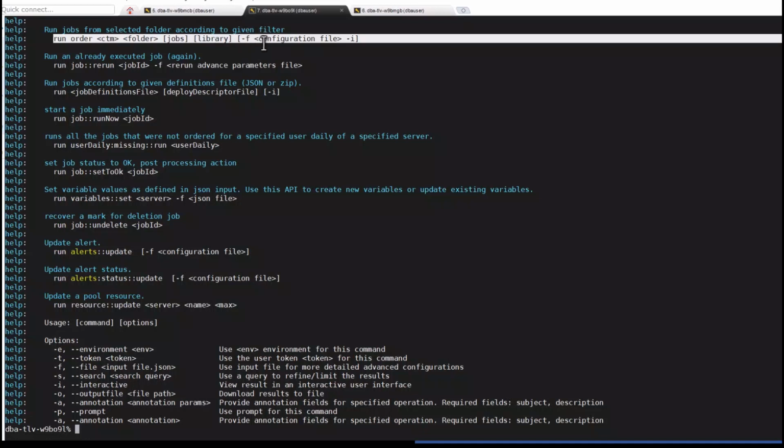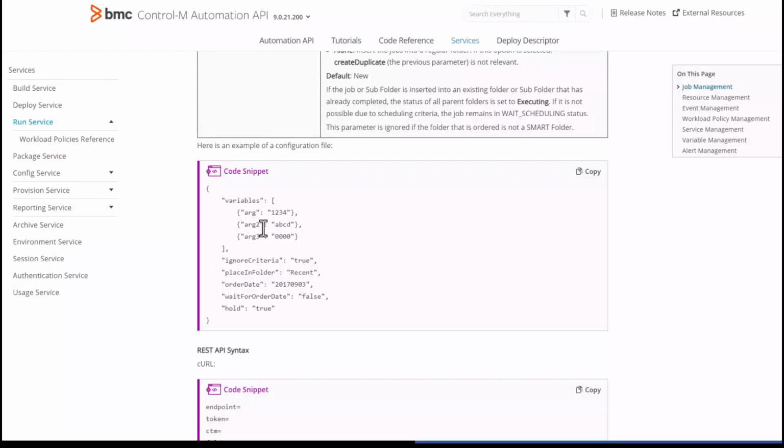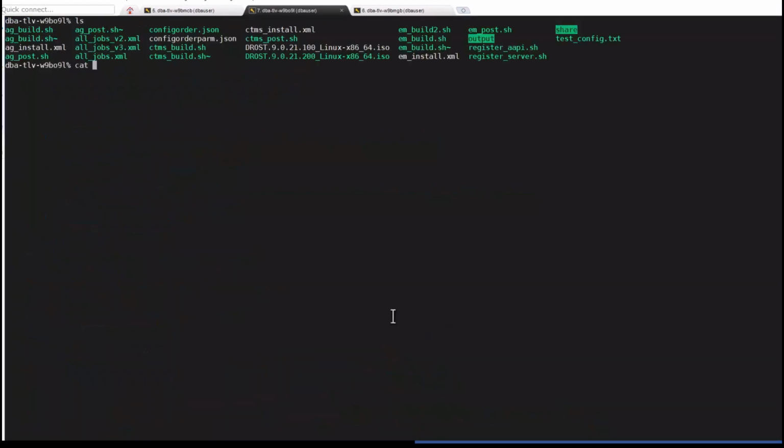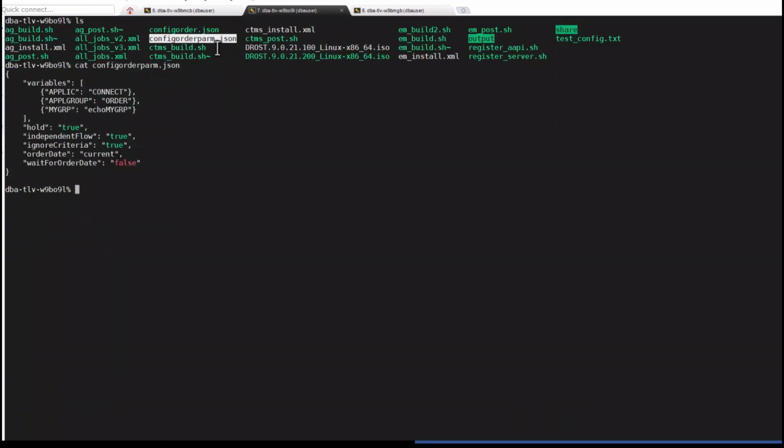So let's take a look at the syntax of that configuration file. We'll go back to the documentation. And here's an example of the JSON file for that input. And you can just copy that file and modify it for your own needs. I've prepared one in advance to save time. Here you have an array of variables. Our application, sub-application, and internal variable. The hold flag is true. Independent flow is true. Ignore criteria, and so on and so forth. Let's run the